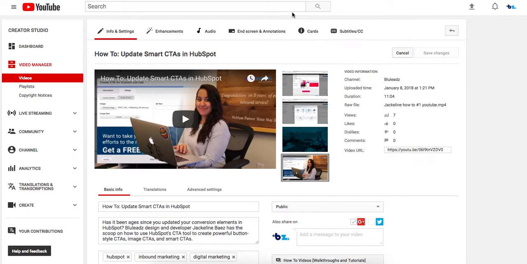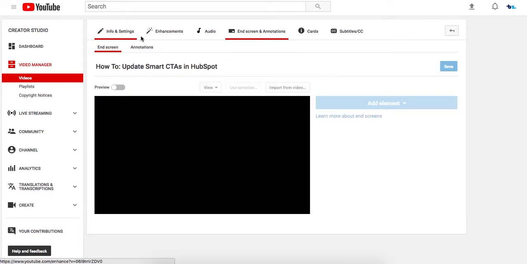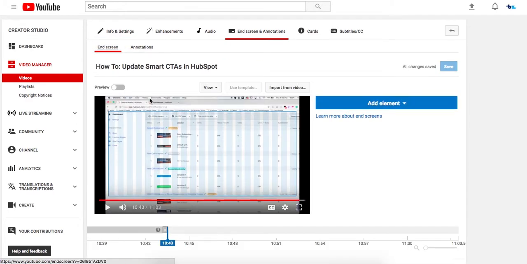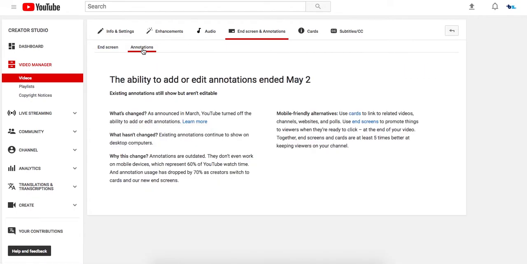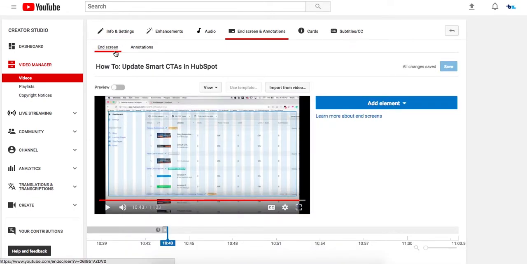Today I'm going to be taking you through YouTube's new end screens and cards, which serve as pretty much the replacement for the old annotations feature. So to access these features, you're going to edit your video and pop over to end screen and annotations. If you pop over to annotations thinking, oh, I can still use this feature, you will be sorely disappointed. But that's totally cool because the end screen features are much more customizable and targeted for keeping people on your